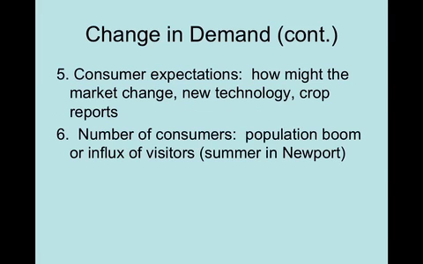Number 5, consumer expectations. Again, this is the idea of looking at and speculating on the market. This could be a new technology. For example, right now there may be a lower demand for iPhones because there's some speculation that in the upcoming future there's going to be a new version of the iPhone 5. And so that new technology is pending out there. And so the possibility, or the reality of it, is that right now our demand curve is probably shifted a little bit to the left. Regardless of price, we probably aren't going to buy as many iPhones right now because there's a pending new technology.